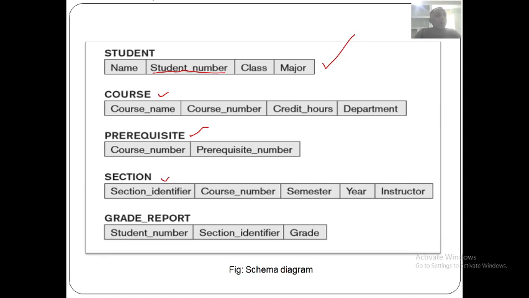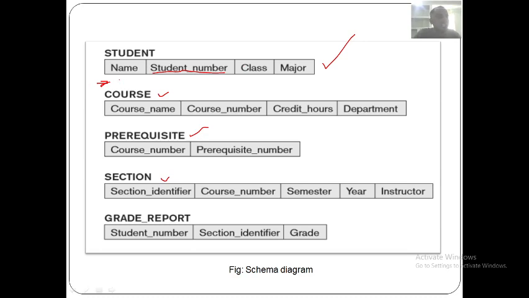See here now, if I don't want a particular student record, if I am not interested in that, I can delete that student record, but I cannot delete these things. Table heads means column heads.